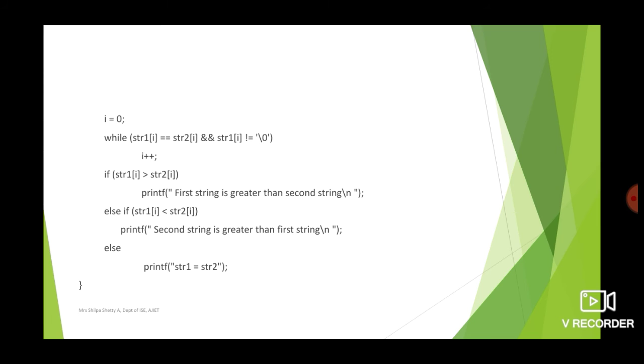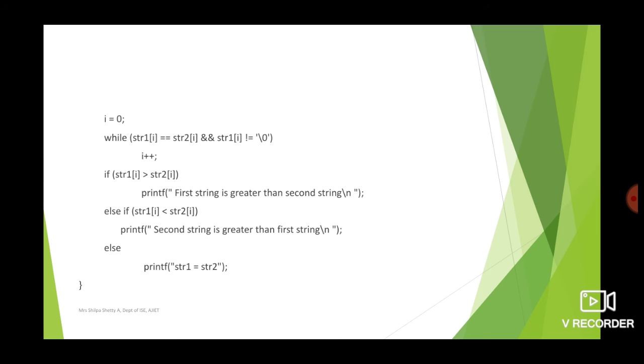At that time you need to compare the characters at the ith index. At i you have stopped, so for that character you need to compare whether they are equal, whether one is greater, or whether one is less than the other. So we write: if str1 of i is greater than str2 of i, print first string is greater than the second string.